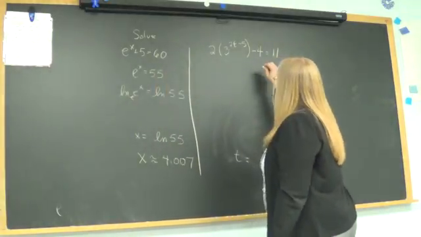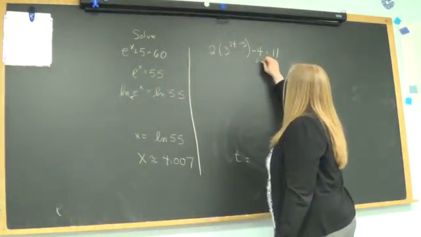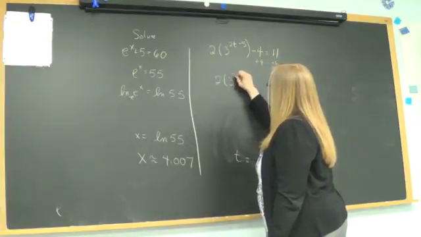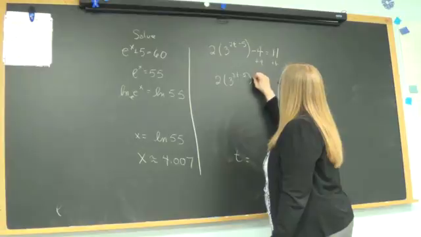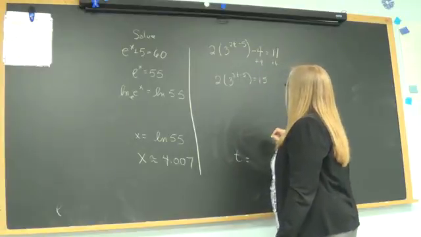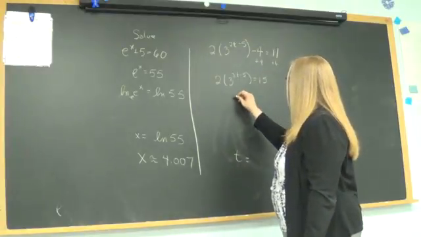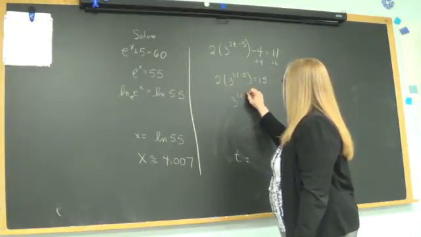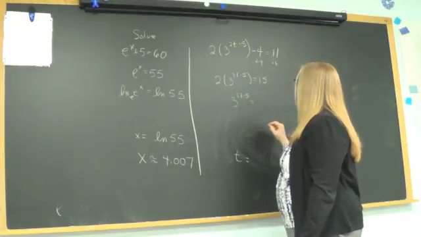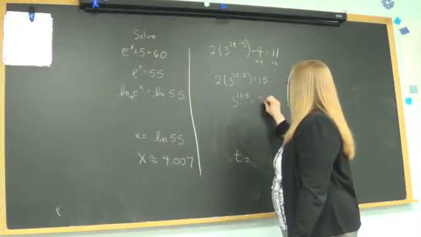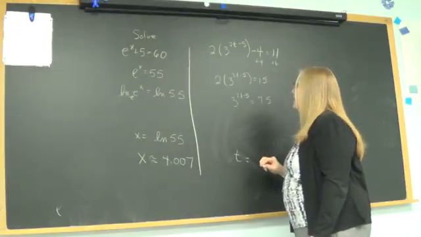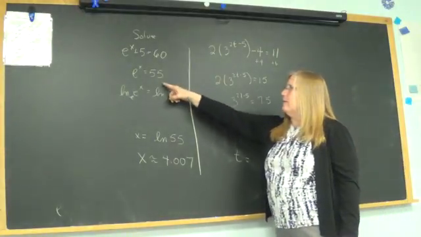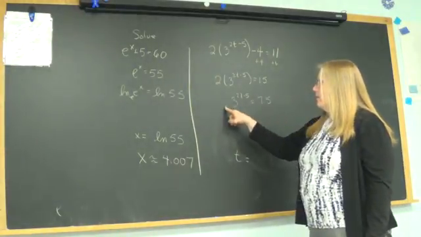I'm going to add a 4 to both sides, and when we do that, we get 2 times 3 to the 2t minus 5 equals 15. Divide both sides by 2. What's 15 divided by 2? 7.5. So 7.5. And now I'm at a similar spot, where I want to take a log